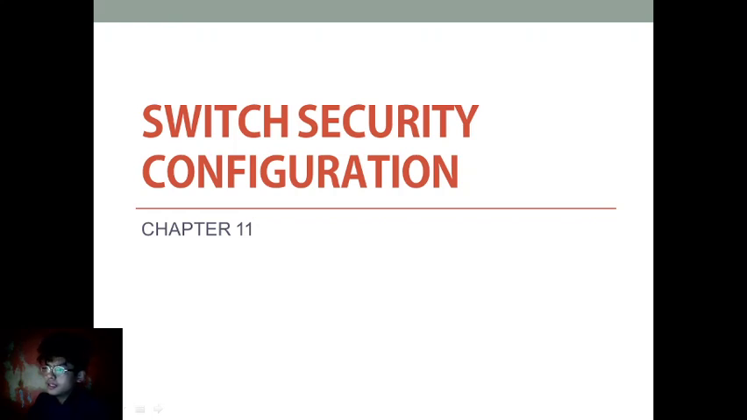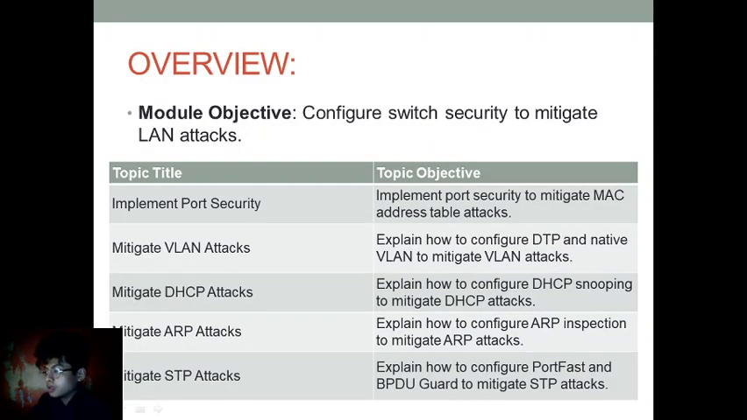Now, let's talk about switch security configuration, chapter 11. The overview of this, the module objective: configure switch security to mitigate LAN attacks. Topic titles: implement port security, which implements port security to mitigate MAC address table attacks,